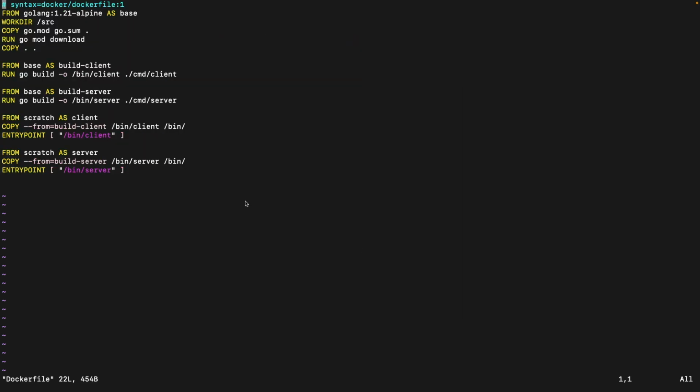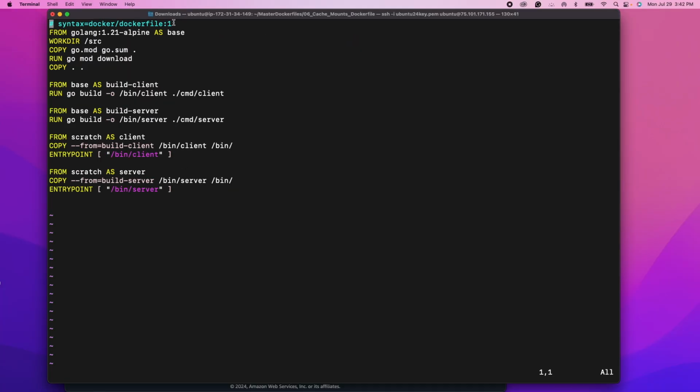with the vim editor. Why do we need cache mount in Docker files? The reason is because cache mount lets you specify a persistent package cache to be used during your Docker builds. It speeds up the build steps, especially for steps that involve installing packages using a package manager. For our application, which is a Go application, the package manager we are using currently is the Go package. You see the Go mod,